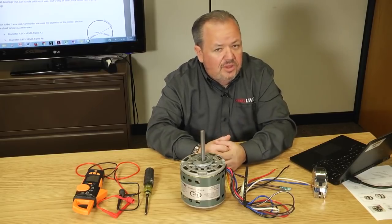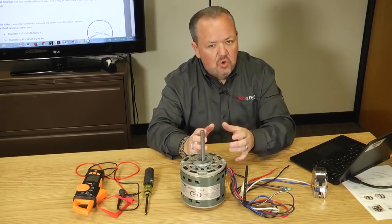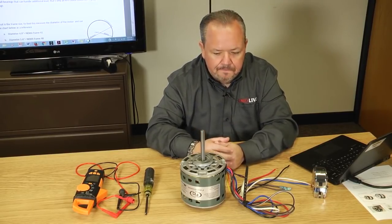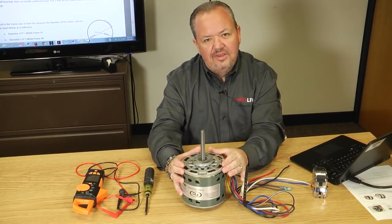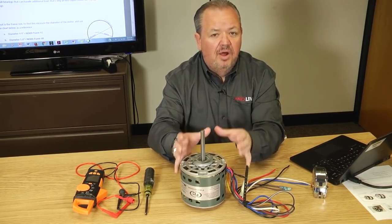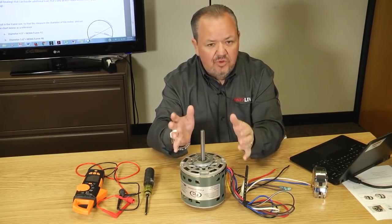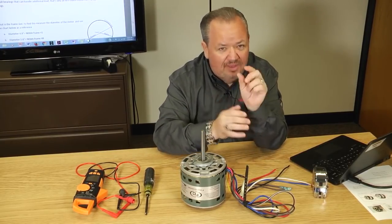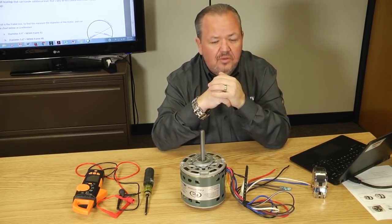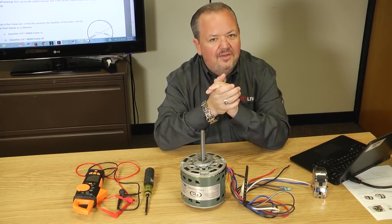The other type of bearing we use is a ball bearing motor. They can handle greater load, greater torque, and they last a lot longer. If you have a sleeve bearing motor, it's perfectly fine to replace it with a ball bearing motor. It's actually preferred. The only thing that comes up when you replace a sleeve bearing motor with a ball bearing is they might be slightly louder with that bearing noise, but realistically, it's usually not enough to tell unless you're